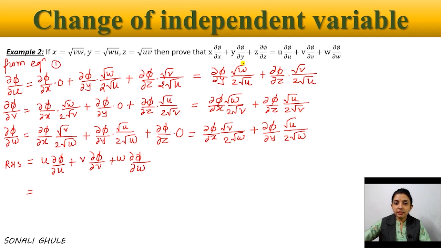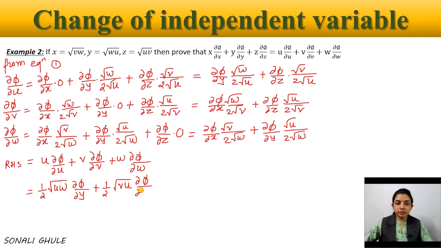So when I multiply this term by u upon root u, root u cancels and what remains is only root u, right? So I can write this. Then the term will be 1 by 2 root uw, multiply u of phi with respect to y, that is then phi with respect to y plus, multiply here again by u, that will give you 1 by 2 root vu